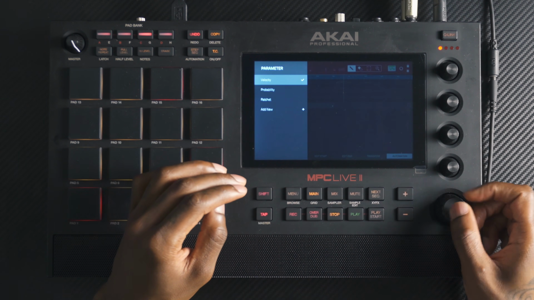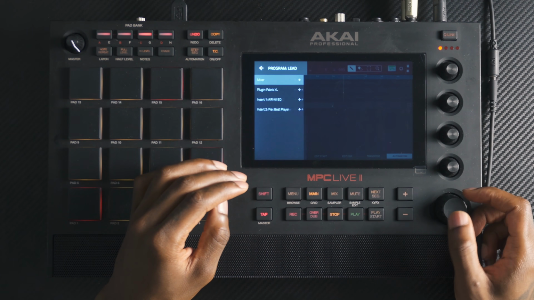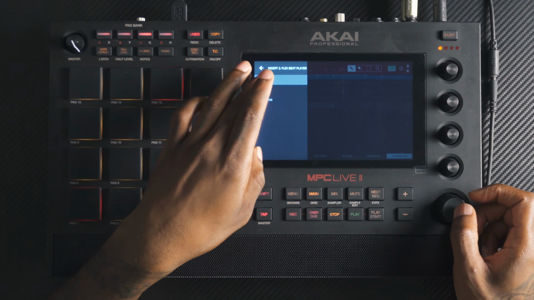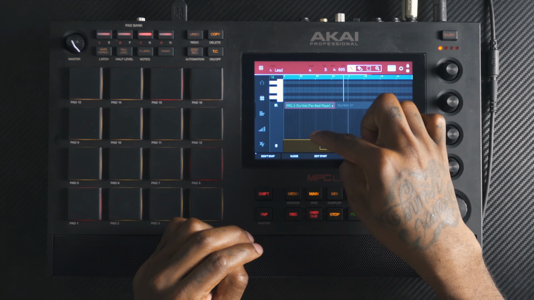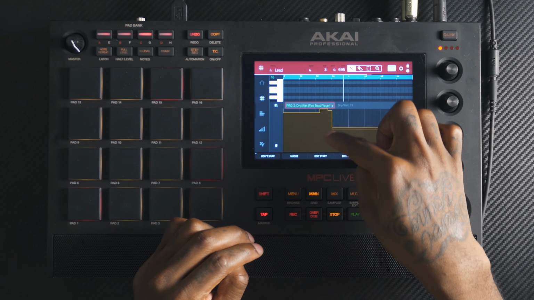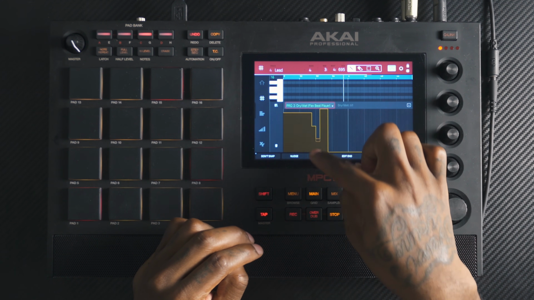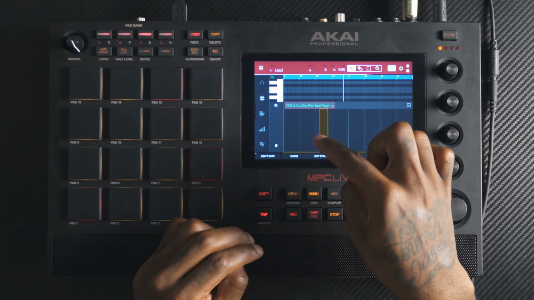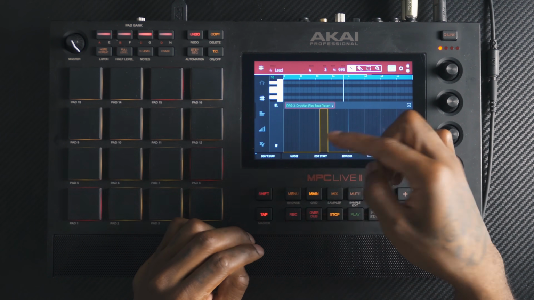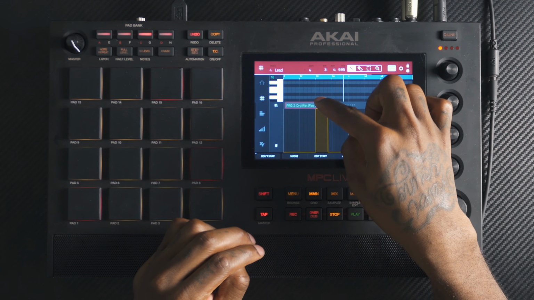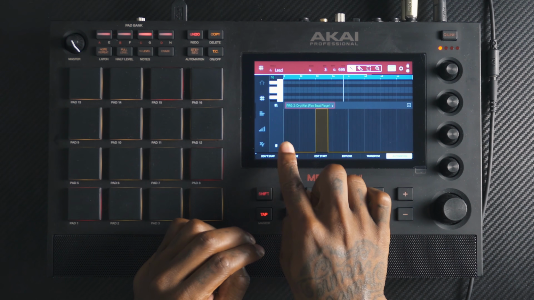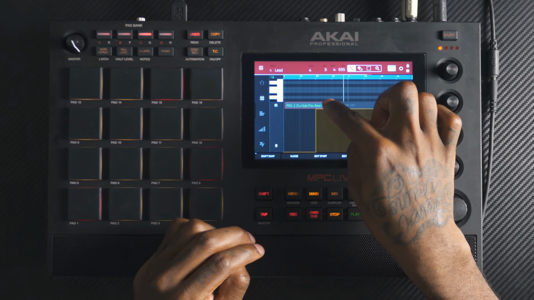So let's just go back into our velocity, go to add new, program lead, flex beat, and then use the dry and wet. Now, it's going to take some practice to really draw them in carefully. And like I said, flex beat is not a re-trigger plugin. So if you want to play the whole thing, you have to start on a bar. Like you see 1 bar, 2 bar, 3 bar,